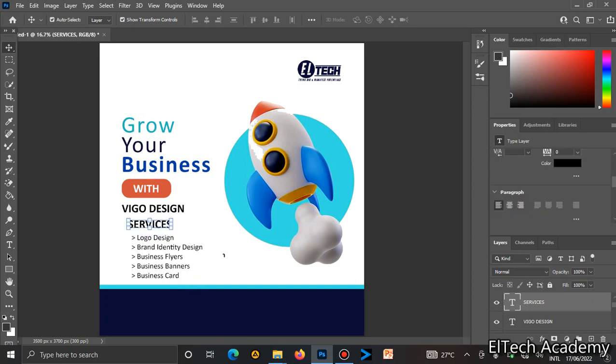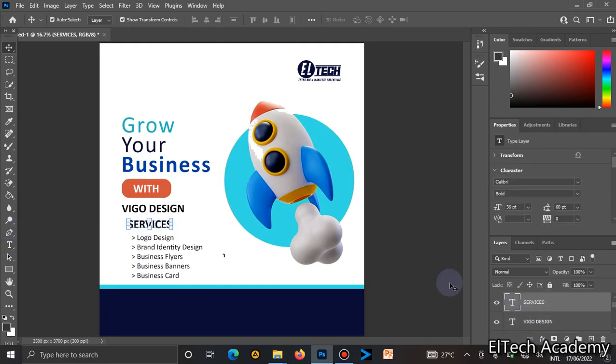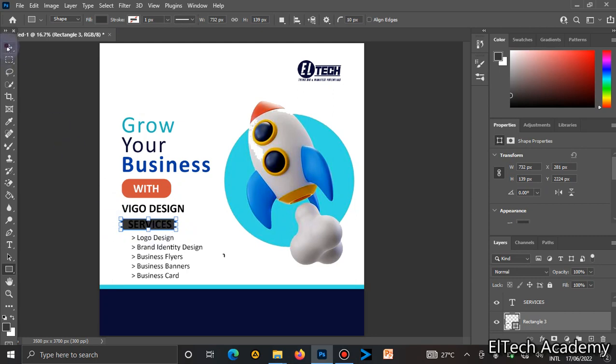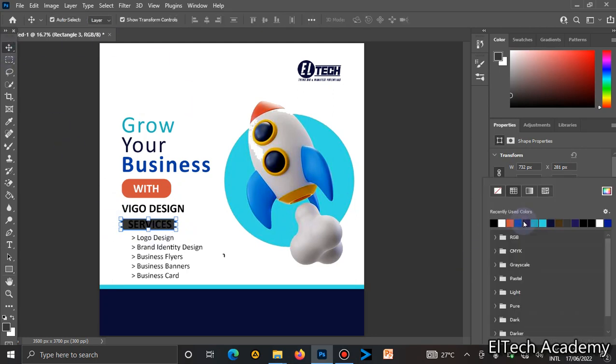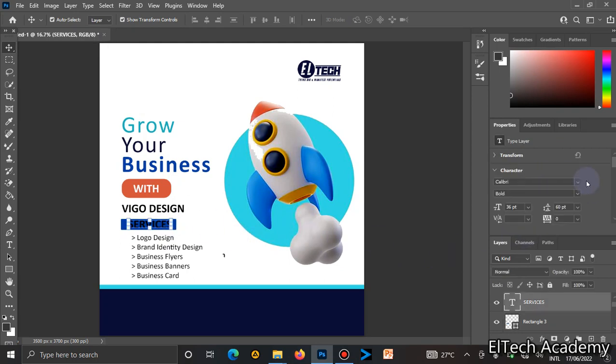I can actually choose to give it, so I may choose to do something for fun here. I'll come to this layer. I want to add another rectangle, but I want it to be behind here, so I'll just click the layer before the services and select my rectangle tool and do something like this. Okay, these are clues to designs that you can take note of. So I can now go and be doing something like this. Okay, for the text I can choose white now,